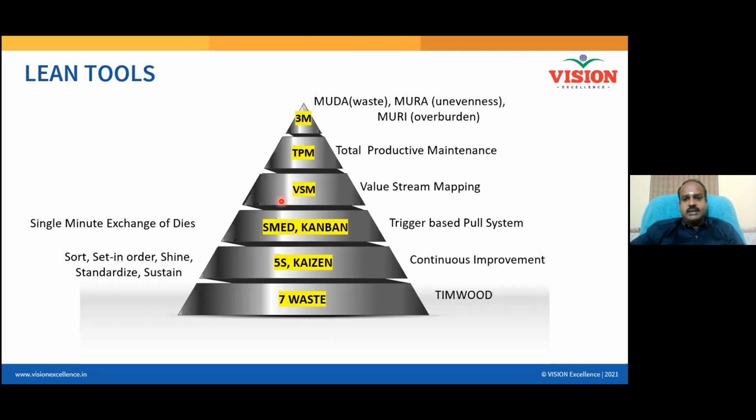You know what is unevenness? If you have got 2 machines, and you have an order to produce 1,000 units, you must load the machines equally. Produce 500 from machine number 1, 500 from machine number 2. If you don't load the machines evenly, let's say you produce 800 from machine number 1, 200 from machine number 2. You know the consequence? What will happen when I load the machines in an uneven way?